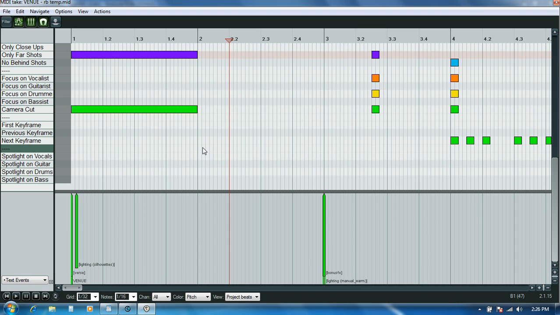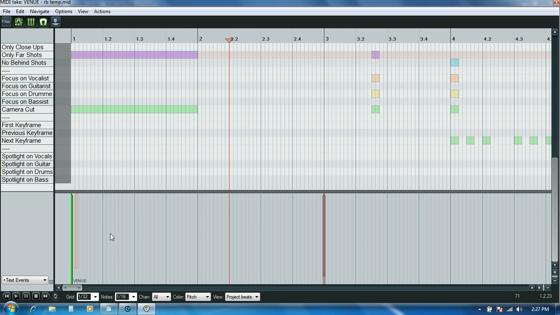So then I basically just start inching through it, and I'll look at my MIDI notes, and it looks like originally here I wanted to start off with silhouette lighting and a nice far shot showing the whole stage or the whole band. So I'll switch over to my new track, my new venue track,